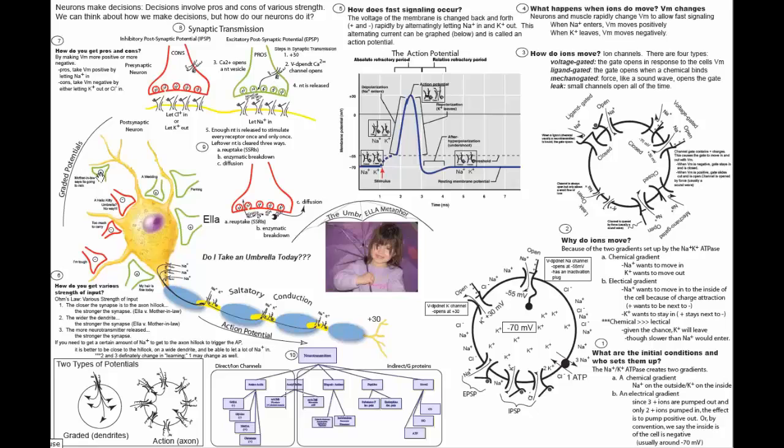And that does happen sometimes. Those are called collaterals. There is research that if a synapse is used often, the dendrite will get wider. And so if this synapse is releasing a lot of neurotransmitter, releasing a lot of sodium into here, the dendrite will actually grow, and that will improve this synapse's performance. Again, a nice wide dendrite means that the sodium can move in a clump and make it down to the